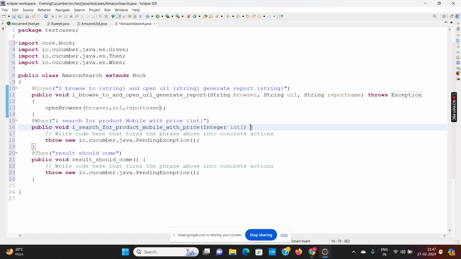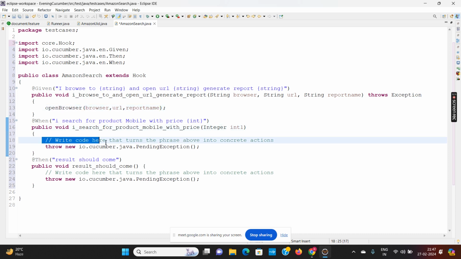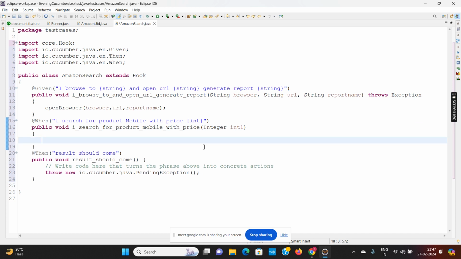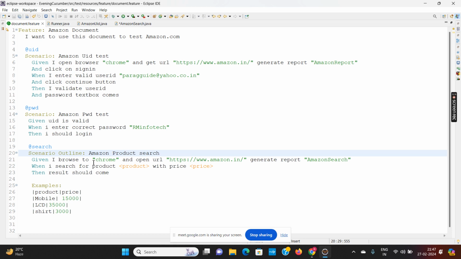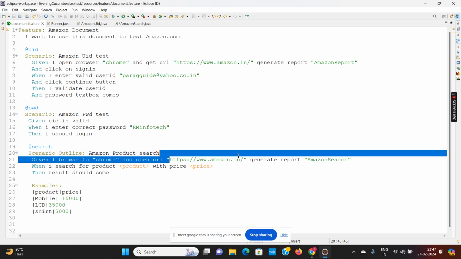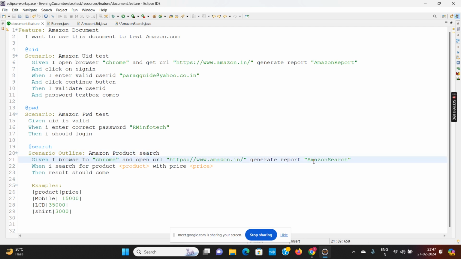Now, in the second method, what we have to do? We have to pass multiple values. Here we are passing a single value within the double quotes: which browser to open, which URL to open, which report to make. But in the when condition, I want to pass multiple products and multiple prices.